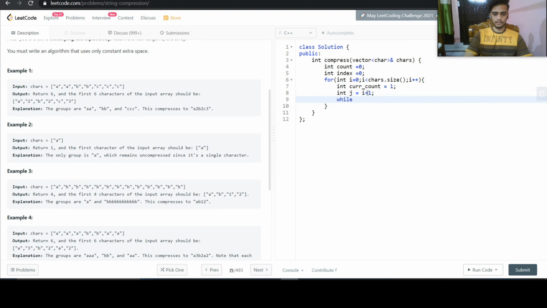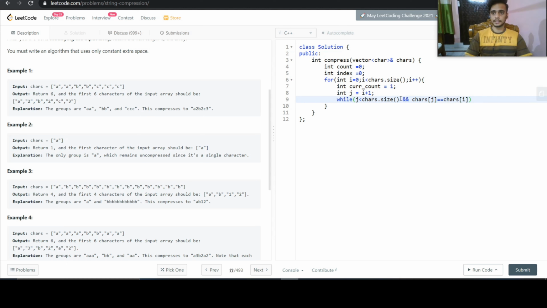Then we will loop while j is less than chars.size(). We need to ensure that it does not go beyond the array size, and also chars of j is equal to chars of i.